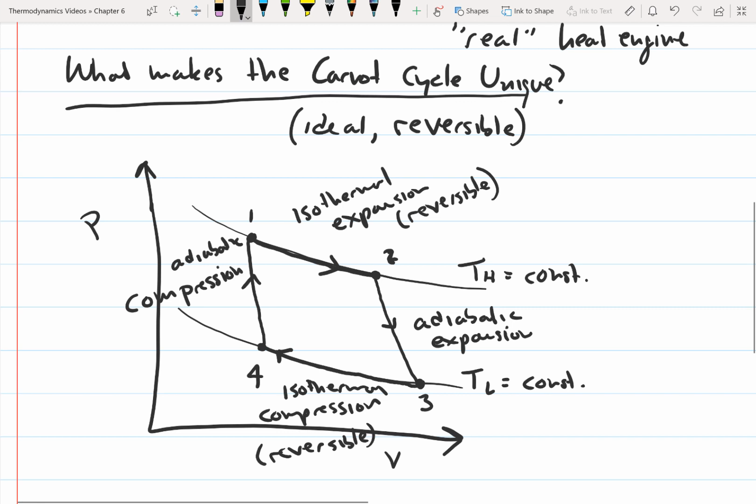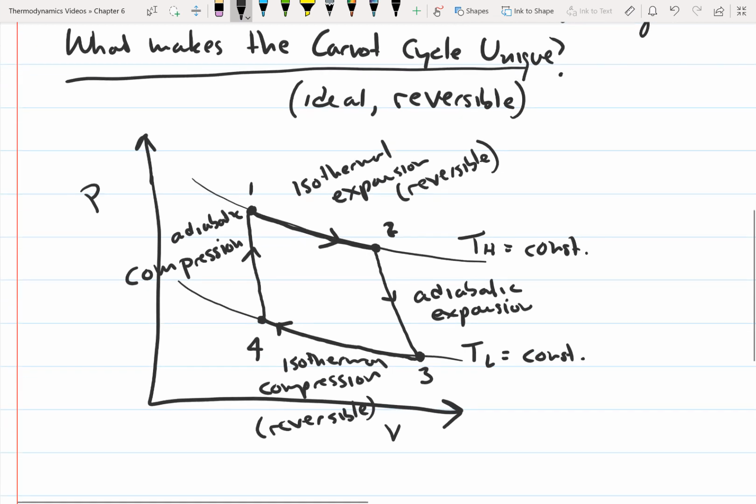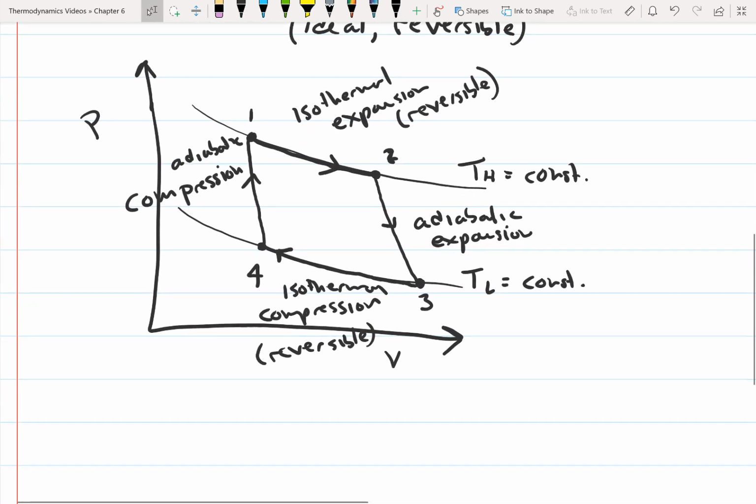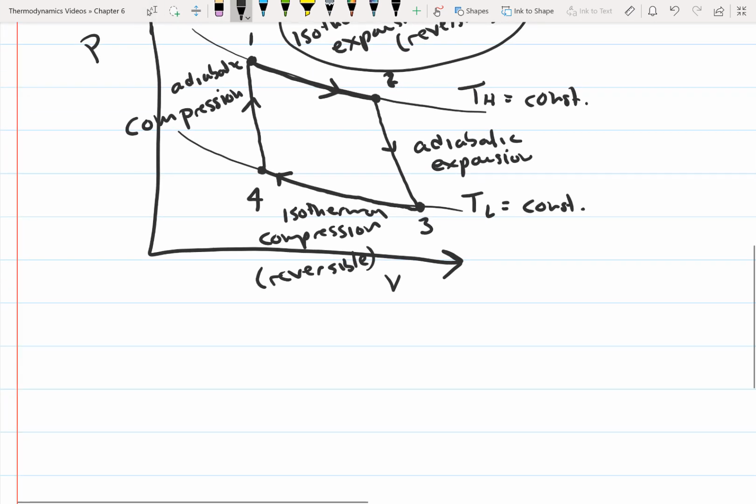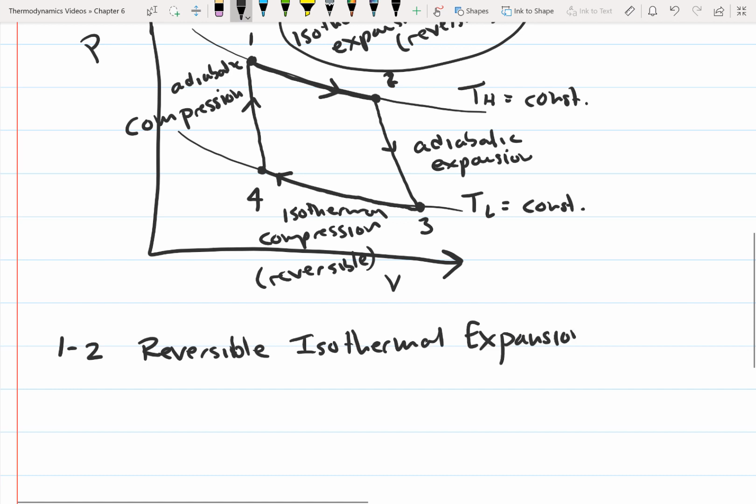So what I want to do is look at each of these individual parts and take a closer look at what is actually going on. So what exactly is making the Carnot cycle unique? So let's look at this first step from 1 to 2. So from state 1 to state 2, we have reversible isothermal expansion. And this would, in a steam power plant or a Carnot heat engine,